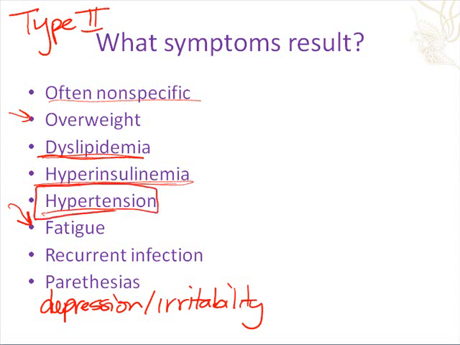Hypertension can develop. Part of this has to do with the fact that if I have more glucose present in the blood, glucose increases the osmolality of the blood, which means it draws more water to the blood. Blood volume goes up, and as blood volume goes up, blood pressure goes up. Also, these people sometimes are susceptible to recurrent infection, in part because, if you think about it, you have very high levels of sugar in the blood. Bacteria thrive on glucose. So if you get any kind of damage to tissue and there's release of blood into that area, you get a flooding of the area with glucose, which can fuel